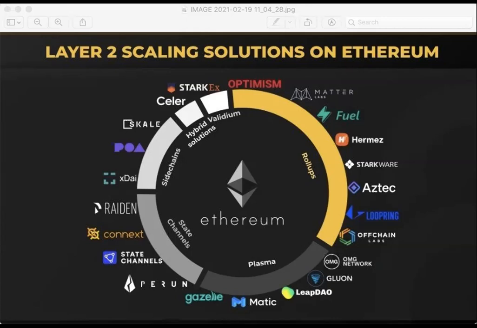These solutions might be good for simple value transfer. They have their own trade-offs, but I don't think we need to talk about state channels because it might be pretty evident that that kind of a solution is not going to work for a project that is more complex than simple value transfer. It requires the ability to create pools and withdraw from pools and to swap and balance pools. So there's mathematics and logic required to execute these state transitions.